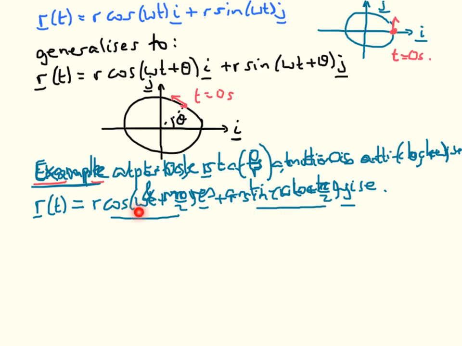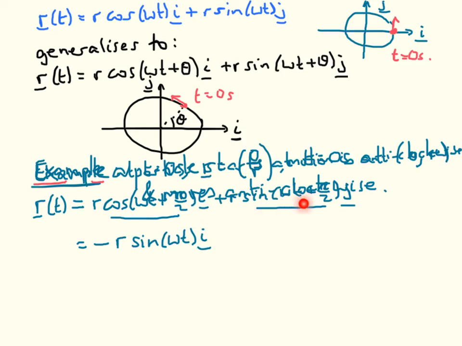So the cosine of omega t plus pi over 2 is the cosine of omega t times the cosine of pi over 2, which vanishes, minus the sine of omega t times the sine of pi over 2, which is 1. So what we're going to get is the minus sign, r sine omega t i,